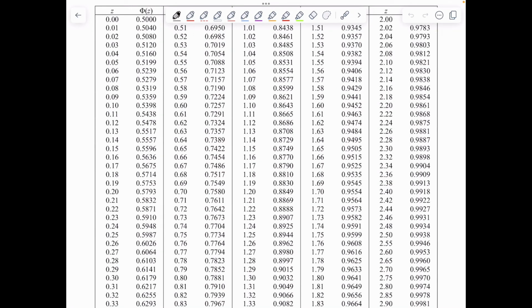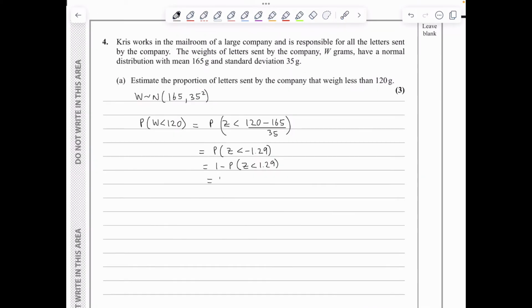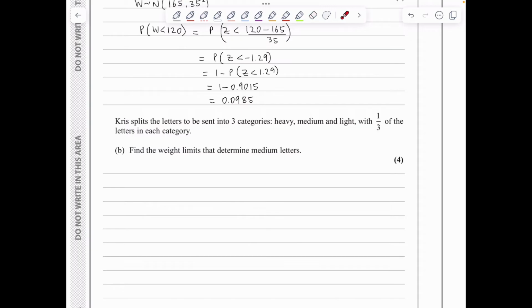And I can go to the table of values provided in the formula booklet. For 1.29, I see the value of 0.9015. And therefore, this is simply 1 minus 0.9015, which gives an answer of 0.0985. We are then told that the letters are split into 3 categories: heavy, medium, and light, with a third